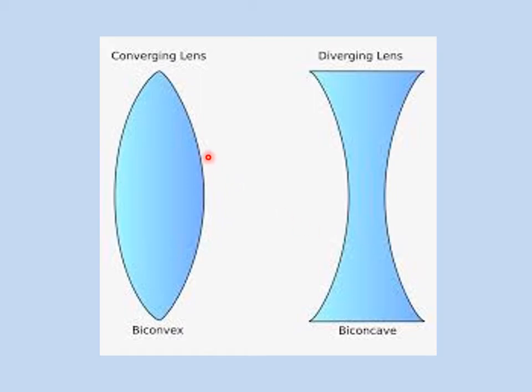So you have to remember the bulge out surface. This is your bulge out surface. This is one surface of a convex lens and this is the other surface of a convex lens. That is the reason it is called a biconvex. When you get into the biconcave, this is the bent-in surface, one surface. And if you come here, this is one more bent-in surface. Because of this, we call it a biconcave. Keep these 2 points in mind: a bulged surface for a convex lens and a bent-in surface for a concave lens.